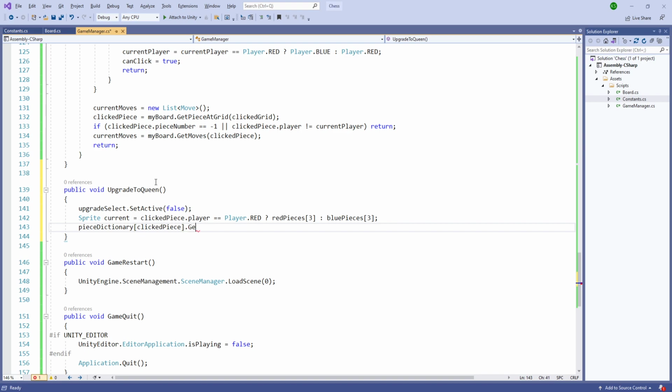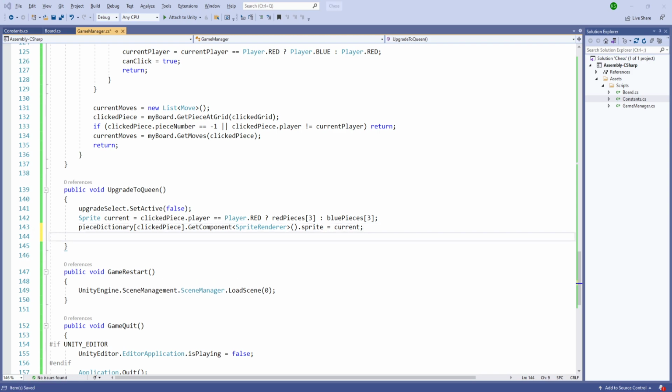Clicked piece will hit render, hide renderer. After getting this, we'll set it to current, and we need to so